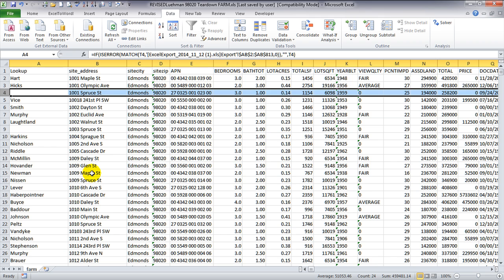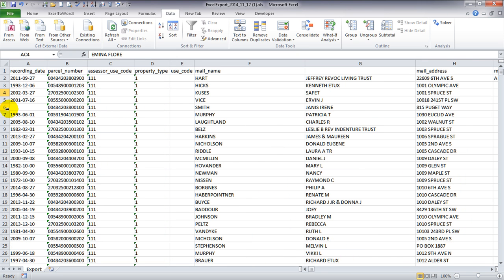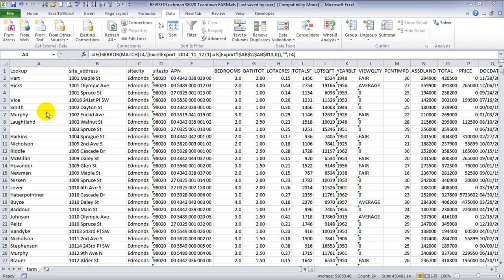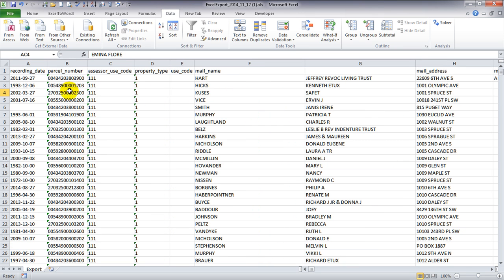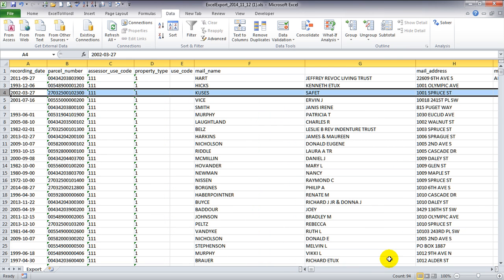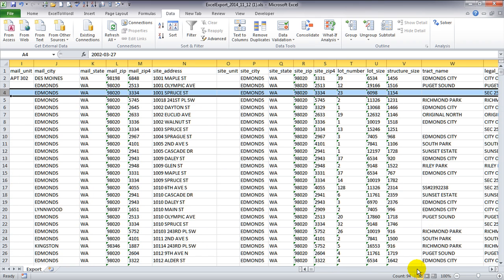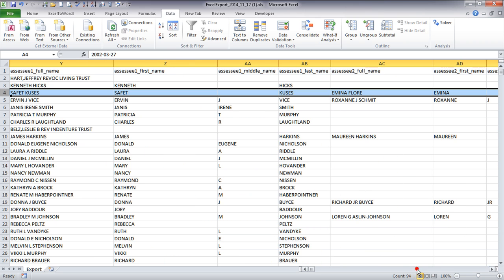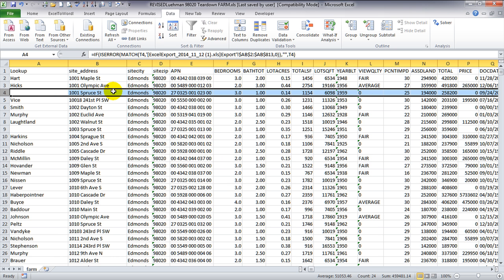So this is saying that it's missing, and yet it does show in this one for 1001 Spruce Street. This is the secondary. That there is someone named M.F. Floor, Amina Floor,